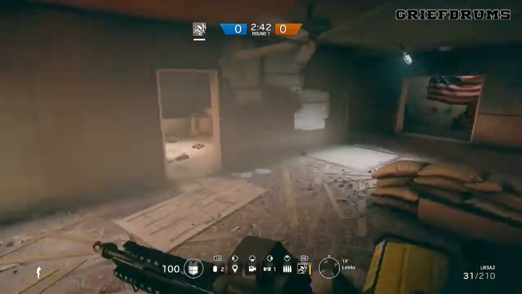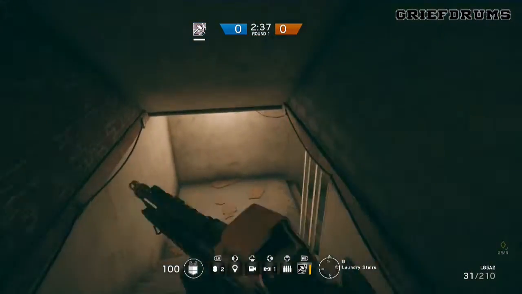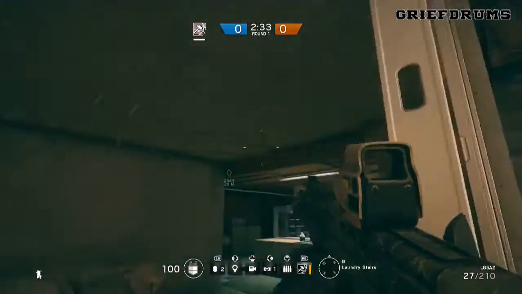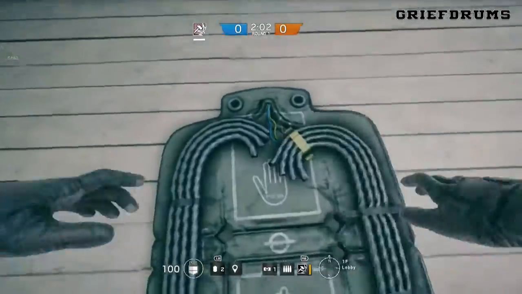But this takes everyone by surprise. They expect you to come through the door and you don't. You appear from above them. Nine times out of ten they're not going to have sufficient cover to protect themselves, and this is a nice easy kill. As far as the hatch goes, if the defenders are hunkering down in the basement, this will be